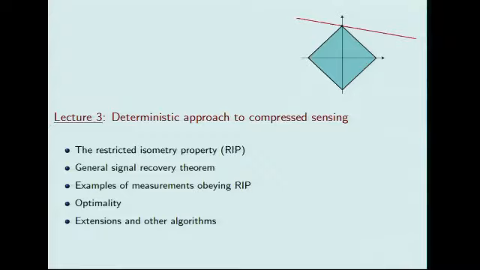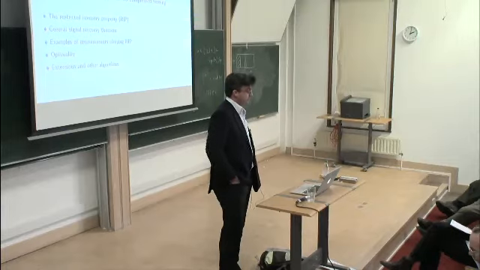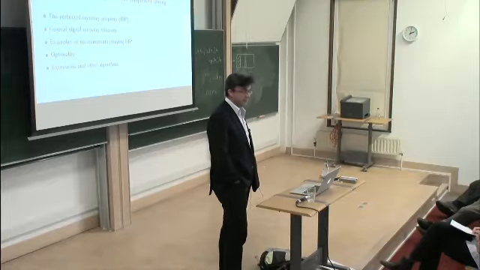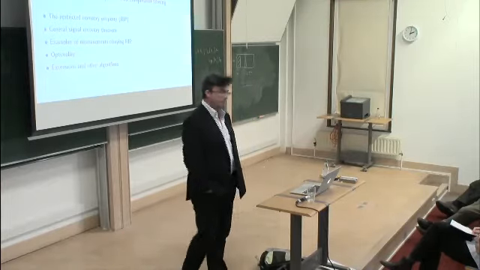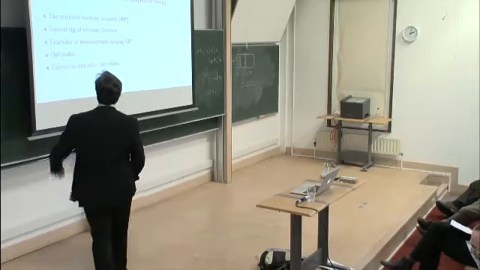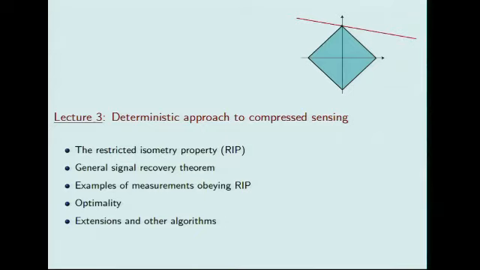So the agenda for today is we're going to talk about the restricted isometry property, RIP for short. We're going to state a very general signal recovery theorem once the RIP holds. We're going to see examples of measurements obeying the RIP. That's where probability comes back into the theory: to get matrices that obey these restricted isometry properties. At the moment, the only technology we seem to have is to use randomness again. But what's nice about this is that it decouples the deterministic part from the probabilistic part. Then we're going to explain in what way these results are optimal, and then I would like to discuss the work of some other people and some extensions.